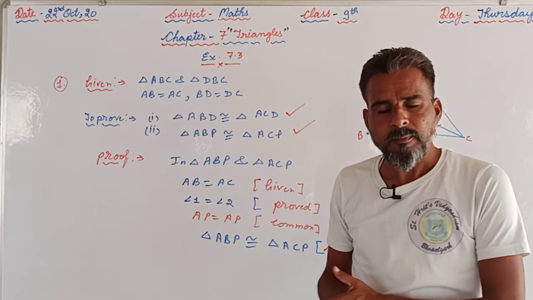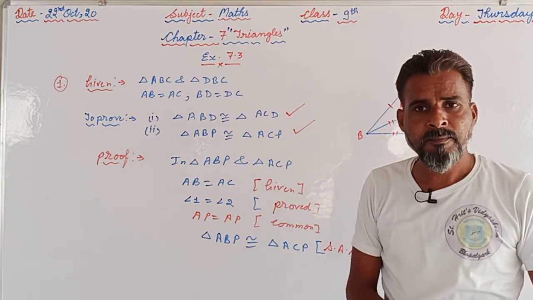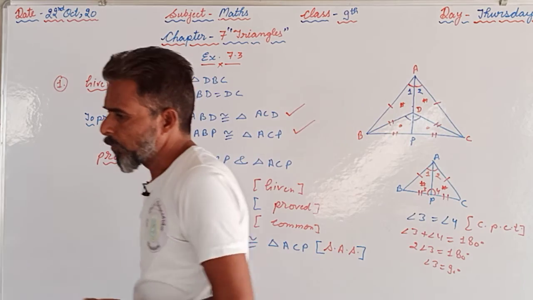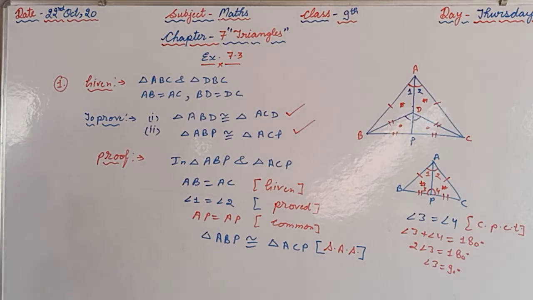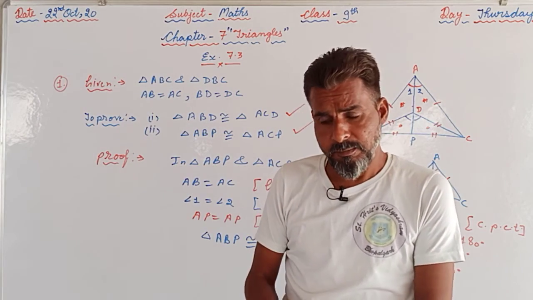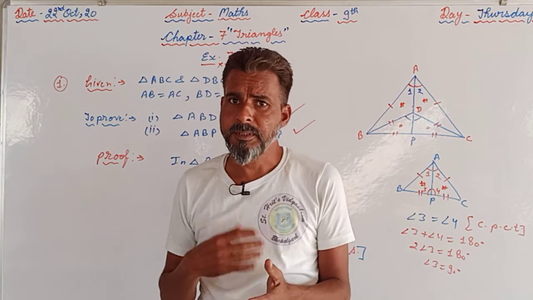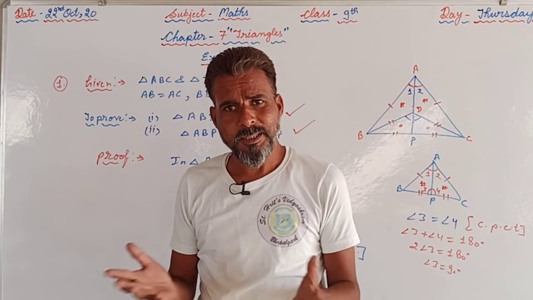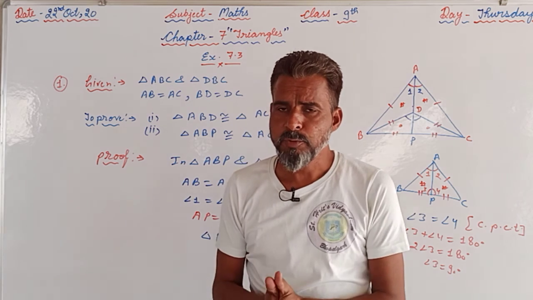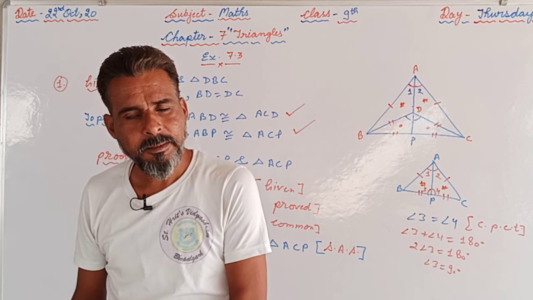So I hope that you have understood, and you are supposed to repeat that question number 1. Afterwards you can try question number 2 and question number 3, which are somewhat resembling. After completing the work, you are supposed to take a pic and upload it on the school's WhatsApp number, so that we can also maintain a record of the names of the students who are completing their work on a daily basis.